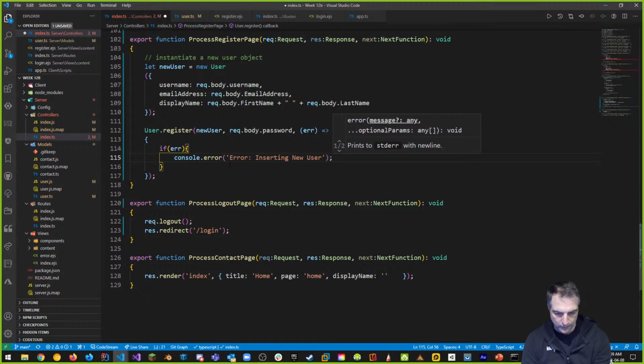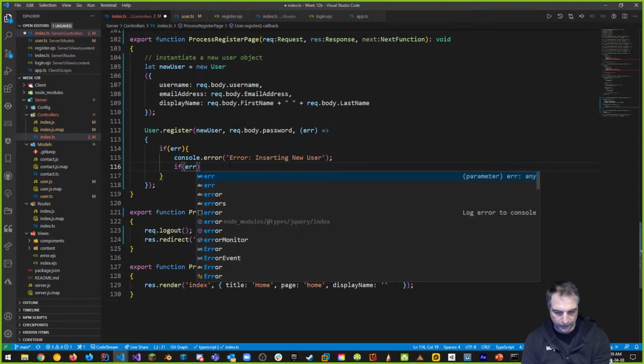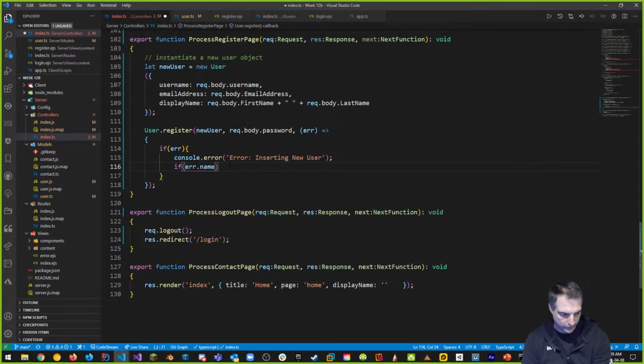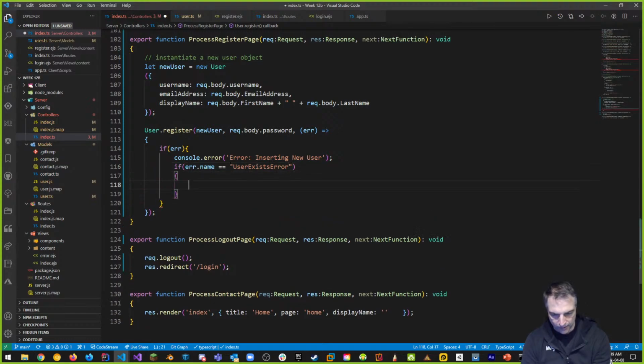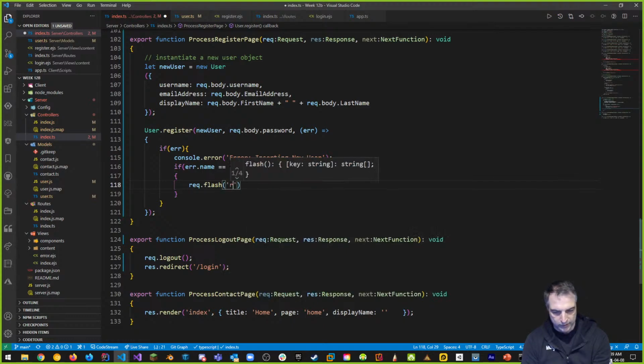Okay, that's what it is. So we're going to output that. And I also want to say if error.name, this is for us, by the way. If our error name is user exists error, by the way, this is what the errors look like. If the user exists, then we want to use a request.flash. Okay, here's the message we want to say, request.flash, and we want to say that the register message, that's the